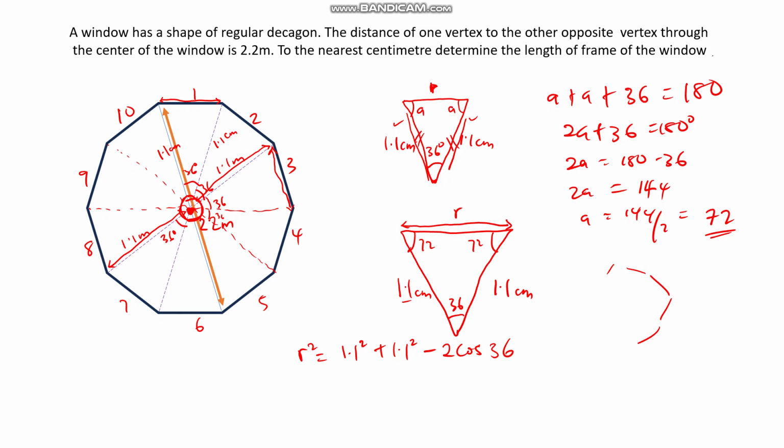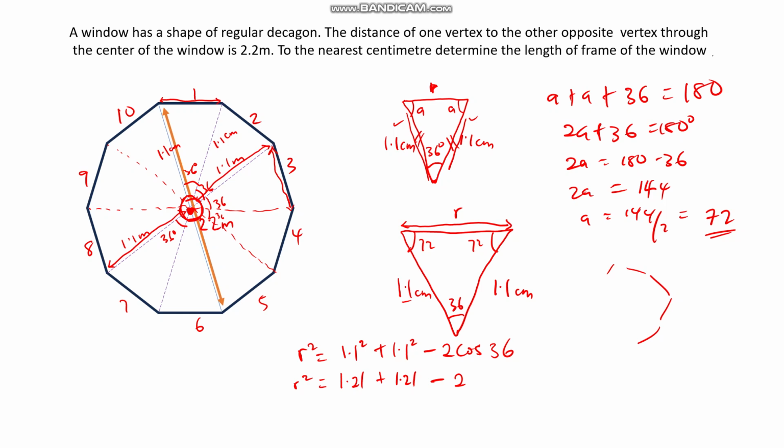Do you understand? So now moving on, I'm going to have R squared equal to, when I have 1.1 squared, 1.1 squared should give me 1.21, plus another 1.21. Then everything now minus 2 times what? When I calculate cos 36, let me quickly run that here on my phone. I should try and calculate cos 36. Cos 36 should give me